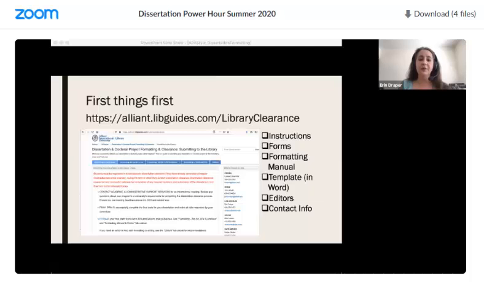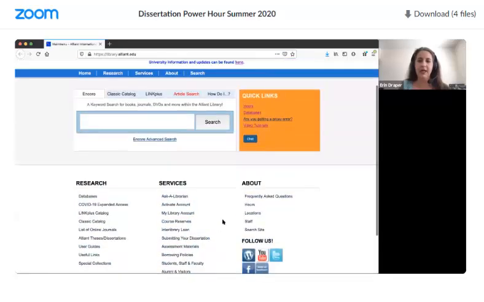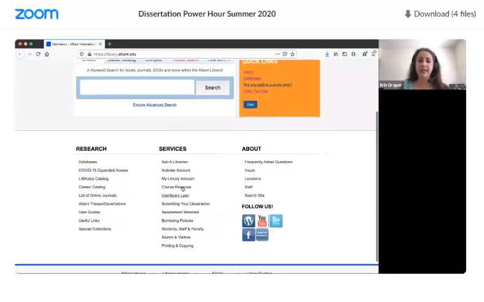Okay, so from the library homepage, there are a couple different places you can go. Instead of emailing us, which is also always an option, you can go underneath services. You can't see this page, can you? It said you can, but then it didn't share. Switch over. There we go. Under services, you can click on interlibrary loan, which is about halfway down, and put in an interlibrary loan request there. You can just email us either as an individual or